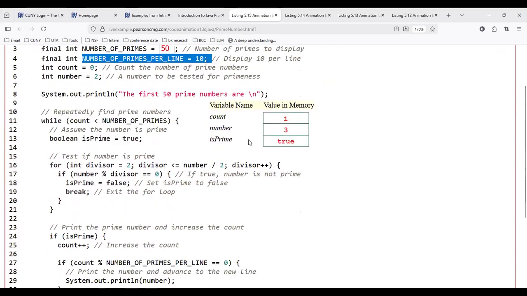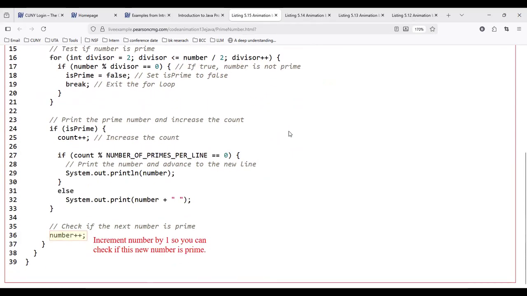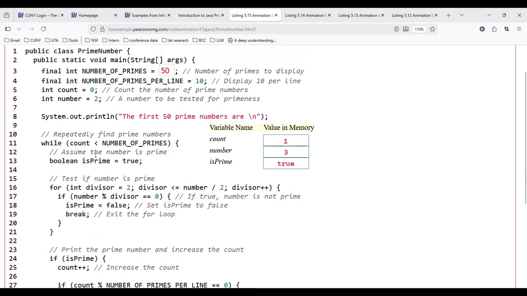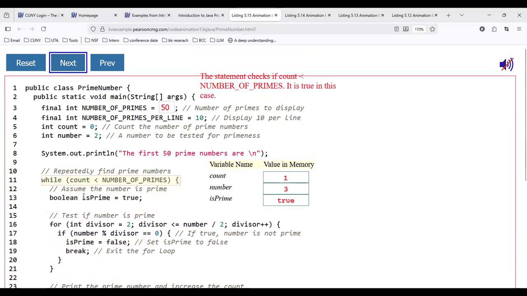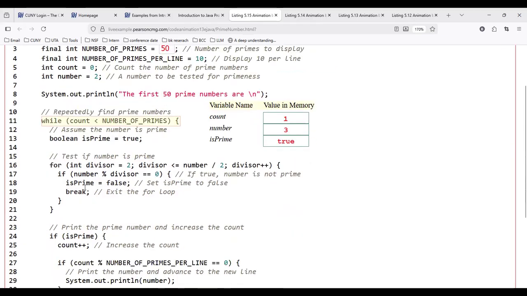The number will be increased from 2 to 3. And after 3, you can check if the new number is prime. And then we will go back to the while loop in the beginning. Okay, I would say that it is not a simple program,